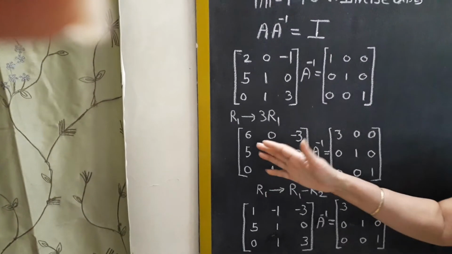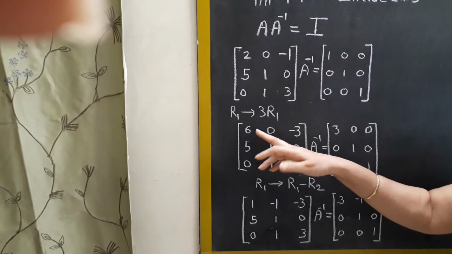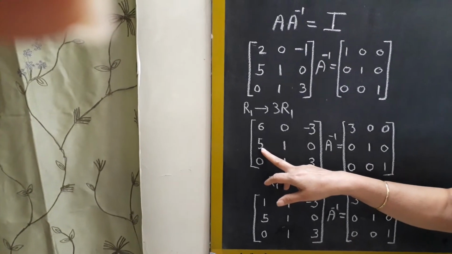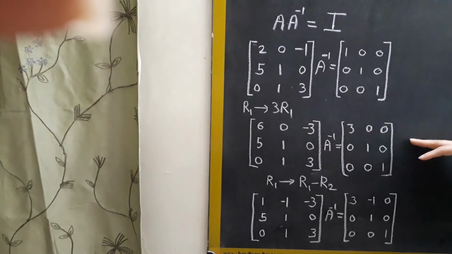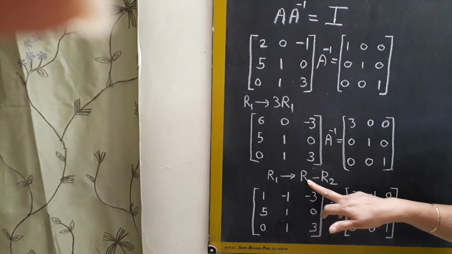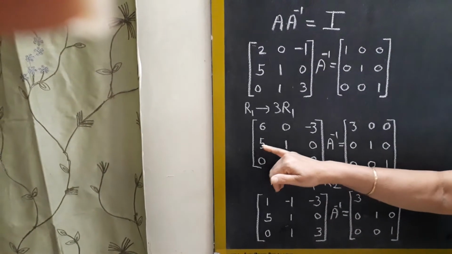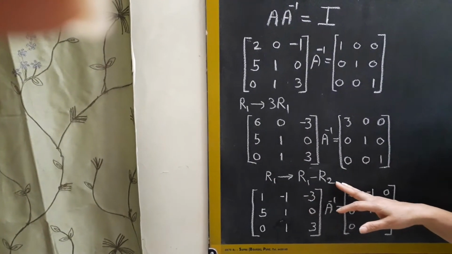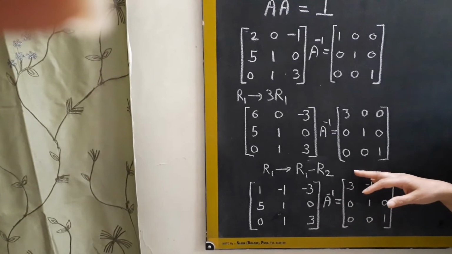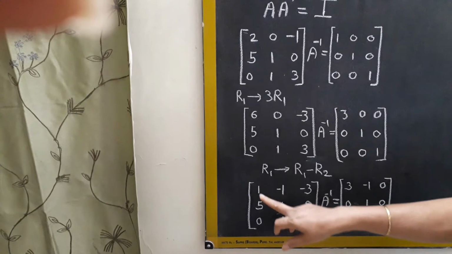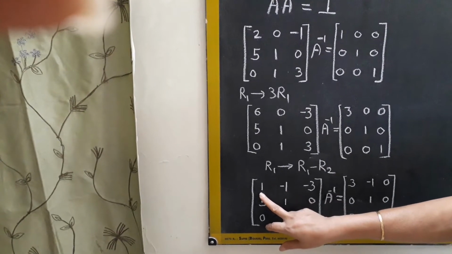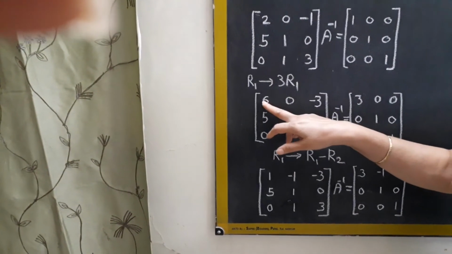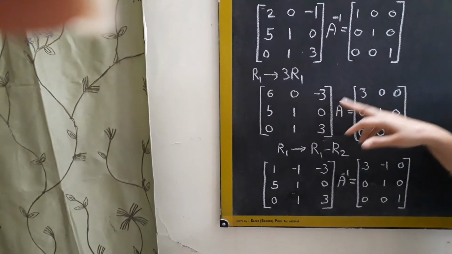So our main motive is to convert this number into 1, and that is why now you can note 6 minus 5 can be 1, and so R1 we want to change. So R1 changes to R1 minus R2, because in R2 you are getting 5. So R1 minus R2, this is the decision we are going to take, and that will lead you to get 1 over here ultimately.